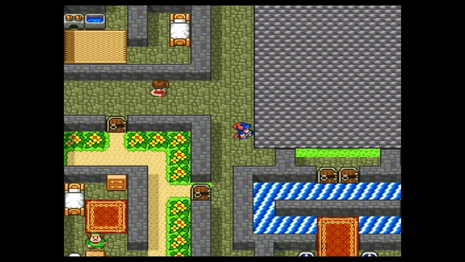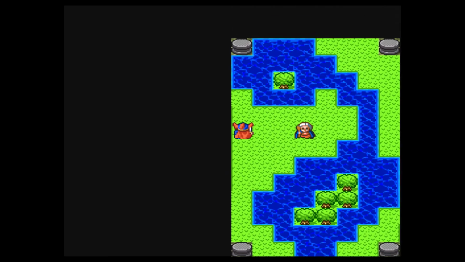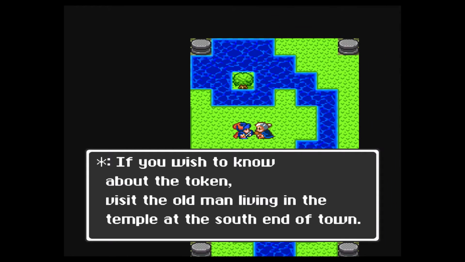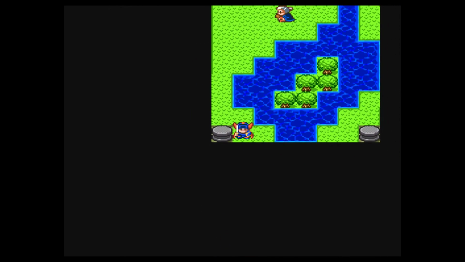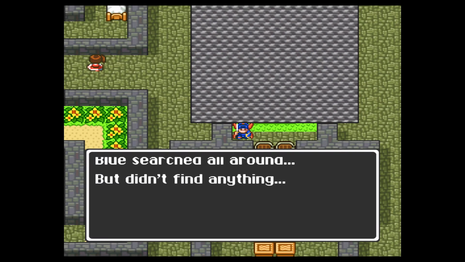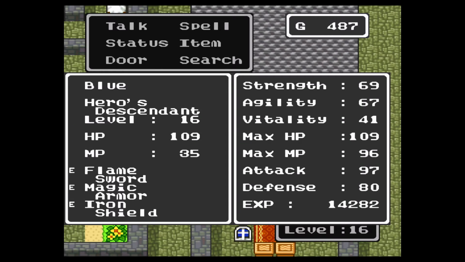Alright, well. Let's find a secret entrance to this area. Totally a secret. If you wish to know about the token, visit the old man. Oh, I don't know what the average in this game is. Honestly, I couldn't tell you if that kind of strength, agility, vitality swing is typical. Vitality wasn't even in Dragon Warrior 1, right? Agility was your speed and your defense stat, so I don't know. I don't even know what vitality would do in this scenario. I'm assuming it's defense, and agility is just turn order, but I don't know how they did it, really. I guess I could test it out, but...